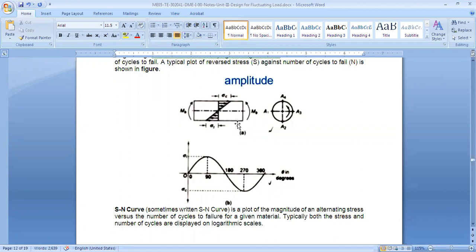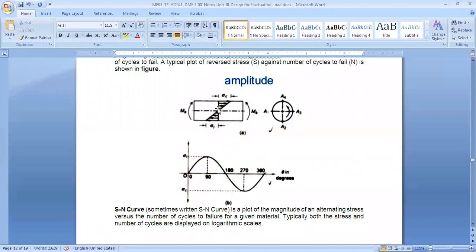What will happen? It will bend. A normal bending case. At the center it will have a curvature, a curved shape. Whatever bending is happening, what is the formula for that? M upon I is equal to sigma b upon y. So depending on that, we can find out the deflection or the stresses in it.